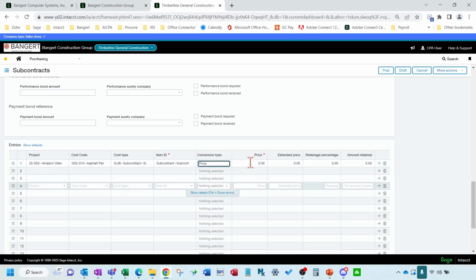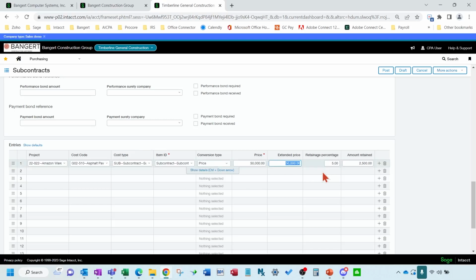And we'll put an amount in here. And my retainage defaults to what I set up above.